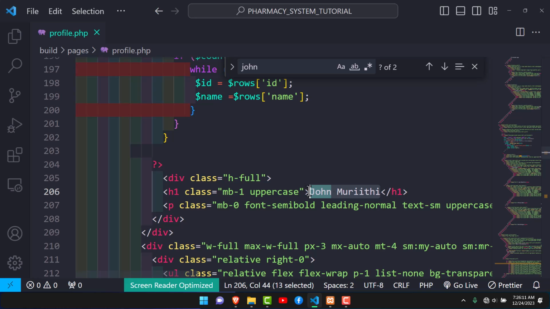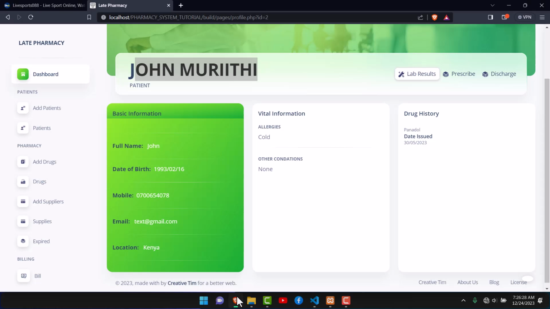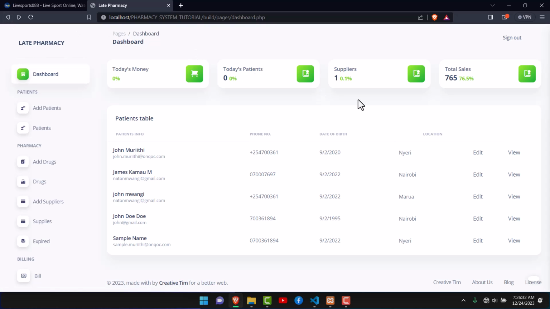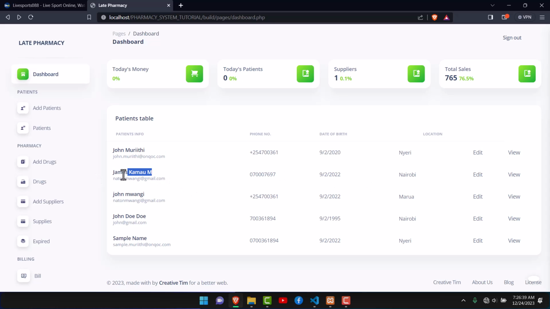And of course, now here we are just going to echo that. So echo and name. So by just doing that, now we should be able to get the specific name of the specific patient. For example, if it is this patient here, if I click on view,